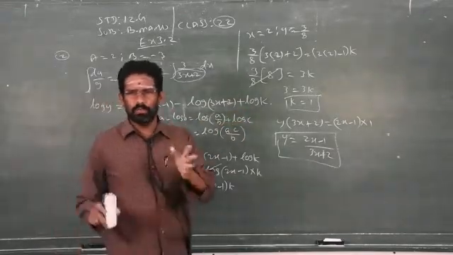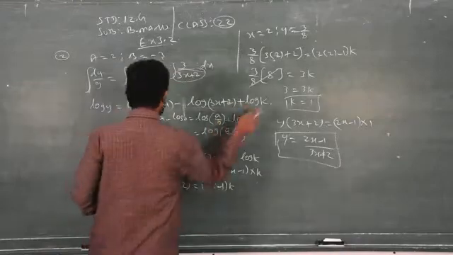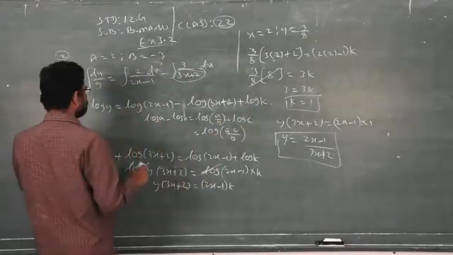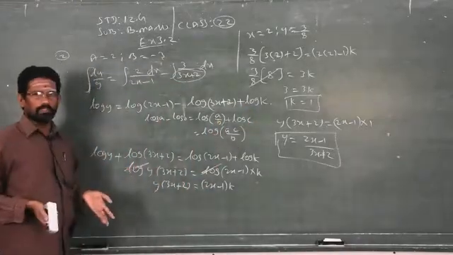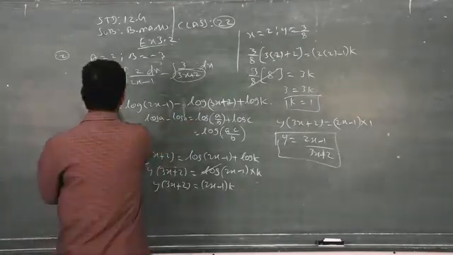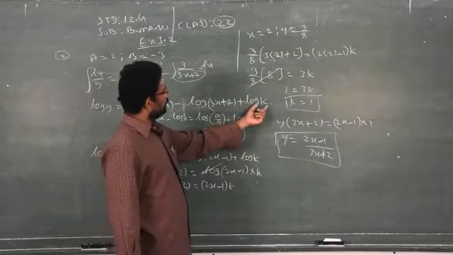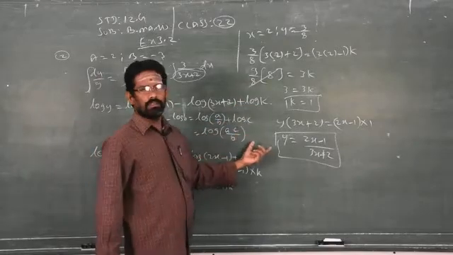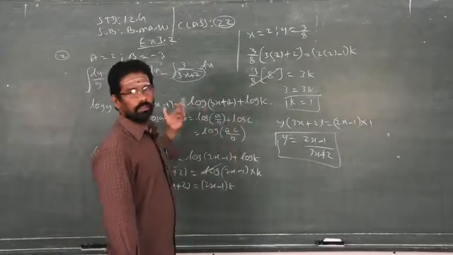So no other new concept. Why am I using only log k? Because add or subtract is done only with like terms, not with unlike terms. Clear. So that's why we are using log k. So nothing wrong. Anyhow, if you replace k by any number, it will give only the constant. That will not affect the variables.